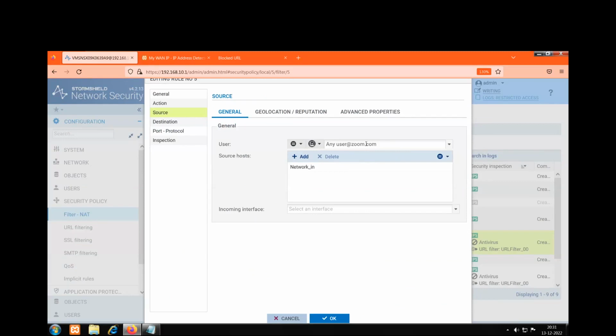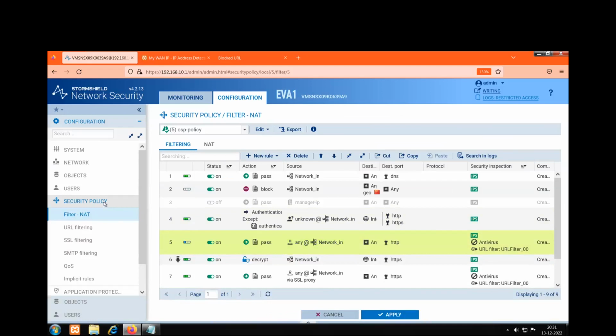Okay. And then, as I said, you'll also be able to control which application from your LAN network will be connecting to internet and which application will not connect to internet. The application control, right? Application control is taken care by IPS or intrusion prevention system, right? So IPS in Storm Shield will take care of application control, right? So to access that, below this security policies, you have application protection. So you go to application protection,